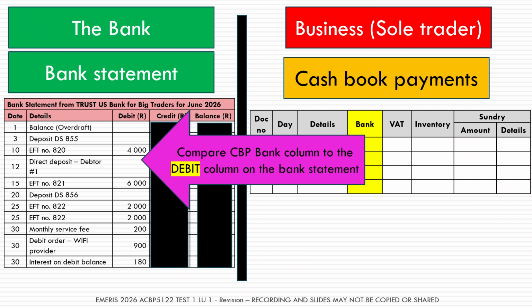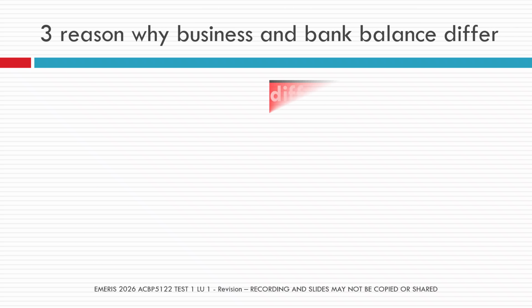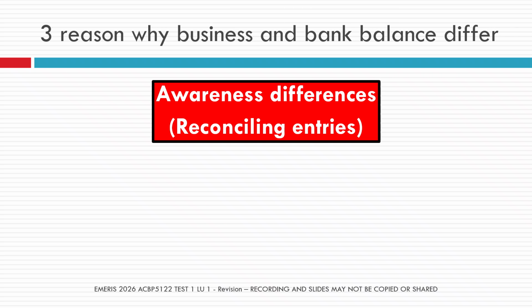Now, as we said earlier, in theory, we would expect the bank statement and our records to be the same. But in practice, there are differences. There can be differences between what the bank has got and what we are showing. And these differences are divided into three main categories. And we refer to these differences as so-called reconciling differences or reconciling entries. And if you want to follow along with me, you can look at pages 4 and 5 in your textbook.